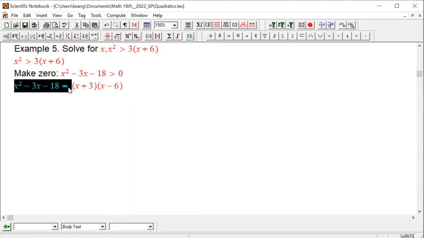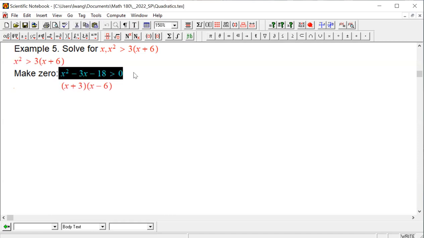There you go. We got the factors, right? So if this is true, then this is true. If this is true, then this is true. So we want it larger than zero. So which method do you want to use? You want to use the function method or the sign method? It doesn't matter, right? So then you're going to set